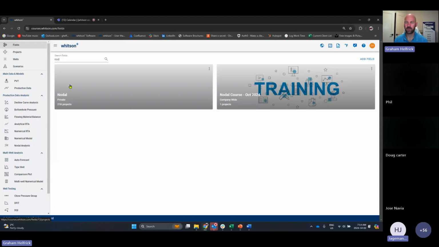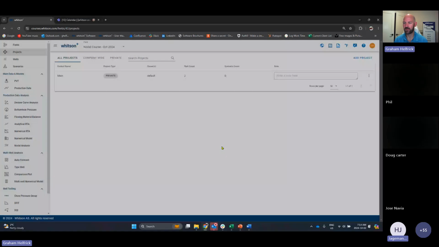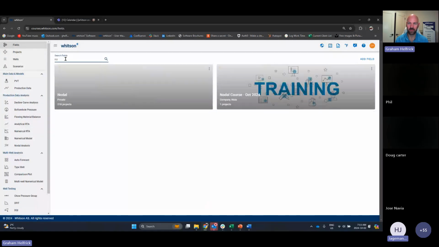All right, so we should be basically seeing that we're looking at the Whitson software now. If you haven't already, in the top left where it says fields, I want us to type in the word Nodal here, and we should be getting this one that says training. I'm going to make sure that we can all access this because I had it private before, so I'll make sure everyone can access this. There we go. Again, under fields, I'm just going to type in Nodal, and we should be getting